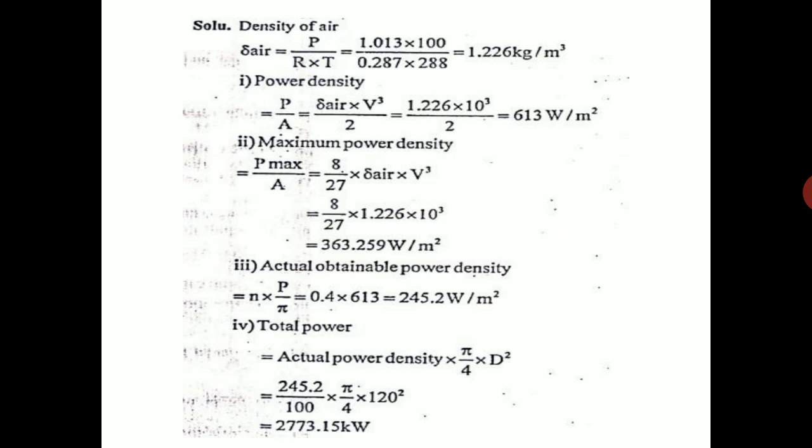So first we find out the density of the air. For density of the air you should know the temperature, and you should take the temperature in Kelvin. So we take P by RT, where P is in kilopascal and R is 0.287, that is the gas constant for air. The density of air you will get somewhere between 1.2 to 1.3 kg per meter cube. And there is only one relationship for power: P is equal to half into rho into A, that is the area of the turbine, into V cube. V is the velocity of the wind. Thank you.